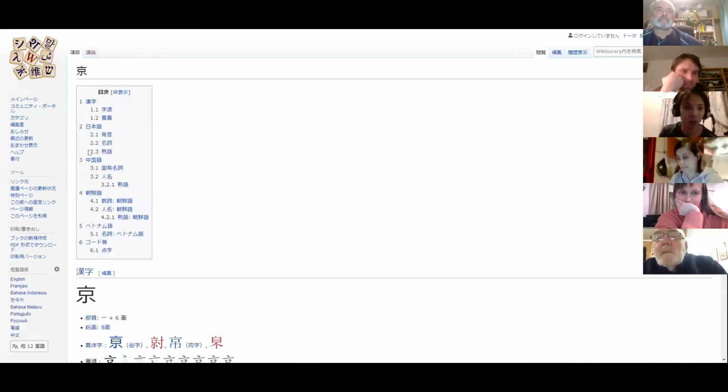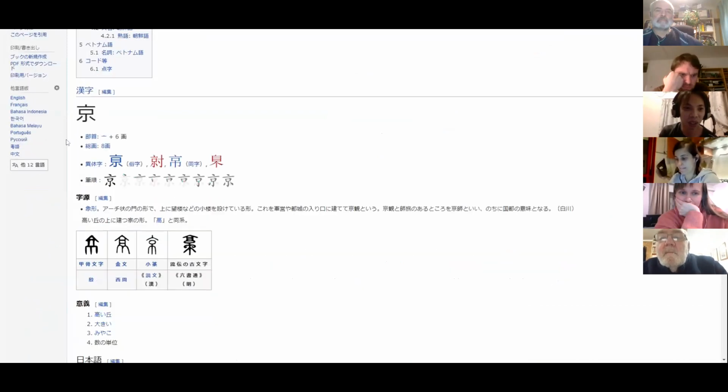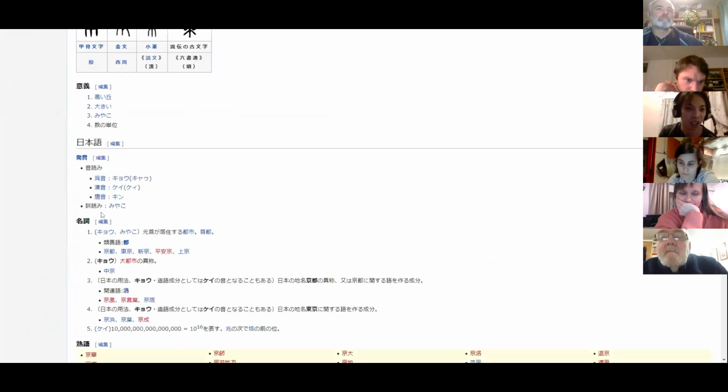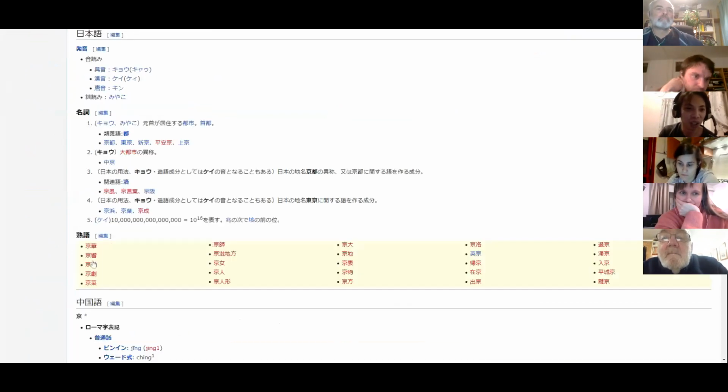And then it looks like this, like it tells you everything you need, like the radical, how many strokes, and different written variations of the same kanji. And then you can learn how it looks like in ancient Chinese writing and different meanings and all the different pronunciations and all the different kanji compound words. Keika, kikyo, keke, kekyo, keke, kesai, blah, blah. So if you can read Japanese, then you can use this one.